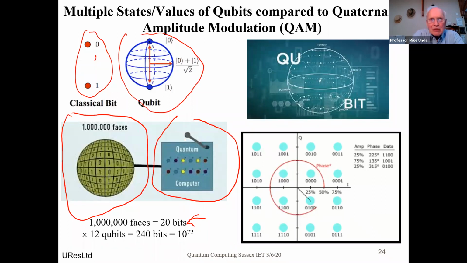And that also shows the importance of somehow getting a better lot of data out of this, 1,000 faces on a single qubit. Now the other thing which I have, let's move it carefully over here, is compared against what is called quaternary amplitude modulation, which the engineers will go about, and it's showing that